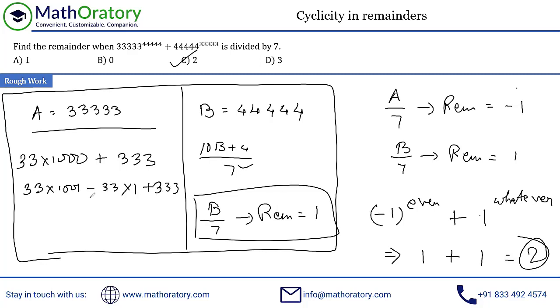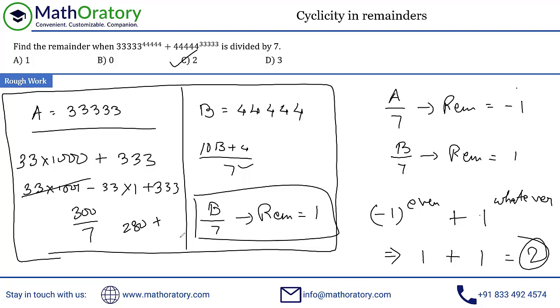So you have something like this. This part you already know is a multiple of 7 because 1001 is a multiple of 7. So ignore this. What you have is 333 minus 33, which is 300. So divide 300 by 7, that becomes easy to understand. And by the way, don't worry too much about these kind of things. Just take out comfortable multiples of 7. For example, 300, you can write it as 280 plus 20, right? So 20, you can write it as 14 plus 6.